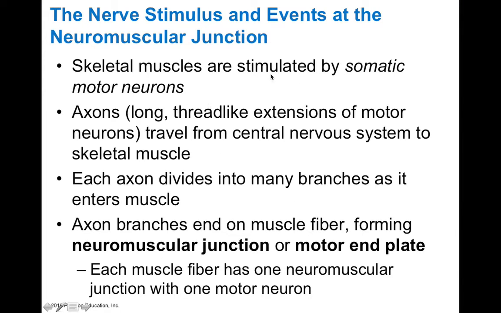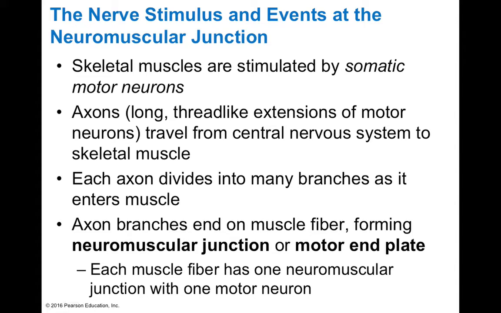So skeletal muscles are stimulated by somatic motor neurons. A somatic motor neuron is a nerve cell whose cell body is in the brain or spinal cord, but it has a long thread-like extension called an axon that goes away from the central nervous system out towards the skeletal muscle, whether it's in your face or neck or somewhere on your trunk or limbs. These axons can divide into many branches as they enter the muscle to stimulate multiple